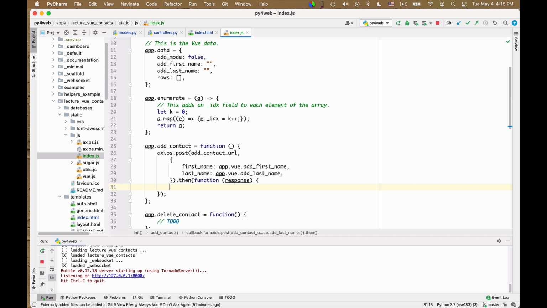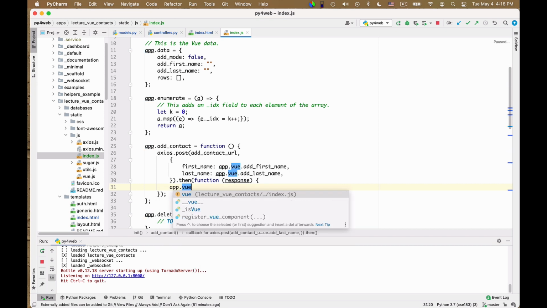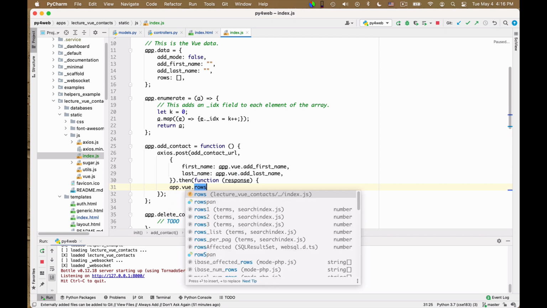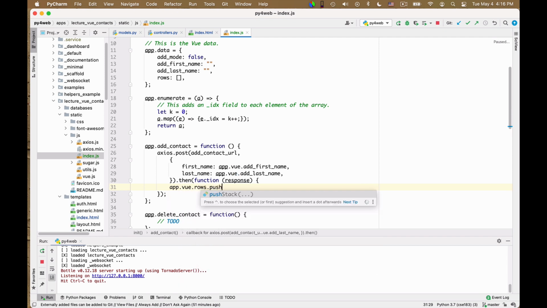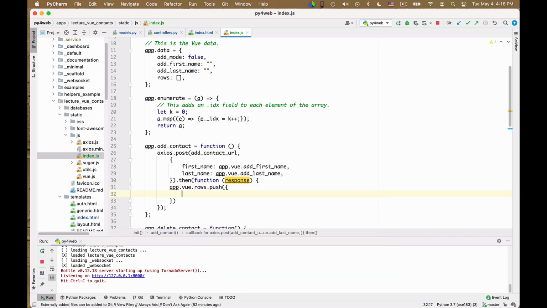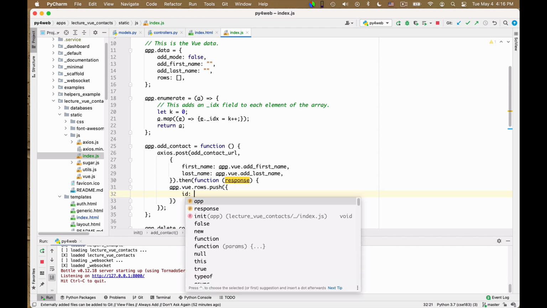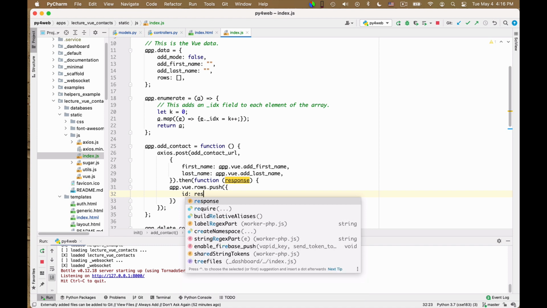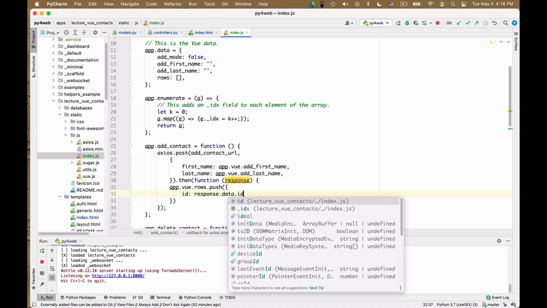So what I want to do is this. I want to say app_view rows. So these are my rows, and I want to push an extra element that is a dictionary that is done in this way. It has an ID that the server I expect has told me. So response data ID.